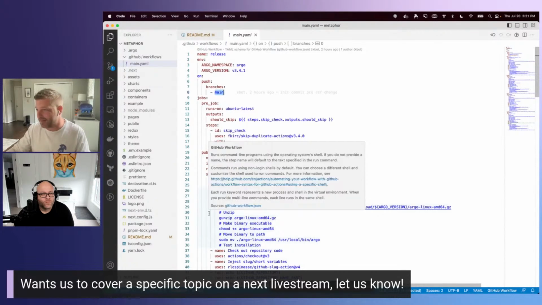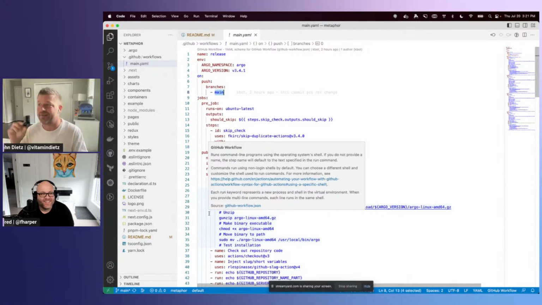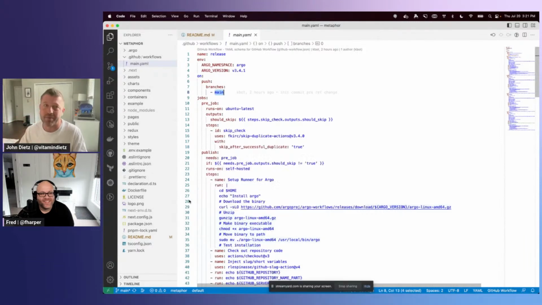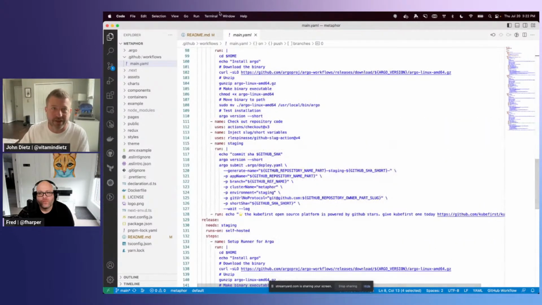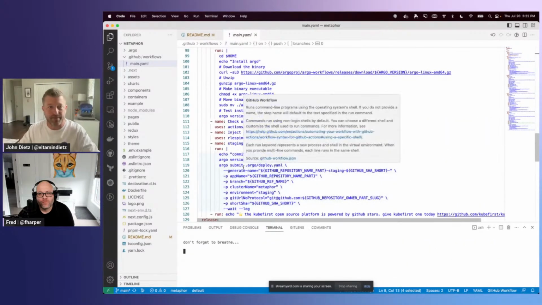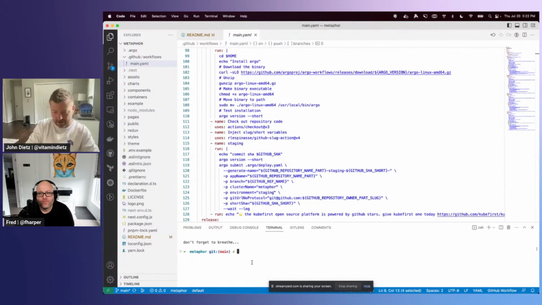So just by committing this, or in a real world scenario, you would create a branch, make a feature change, and then pull request it, get it reviewed. And then once it's approved and gets merged into main, that's what would trigger the job. You can also set this up to run different jobs off branches if you want to run CI tests or whatever it is that you might want to do. But for this particular example, we're just going to push that directly up to main. Let me do that.